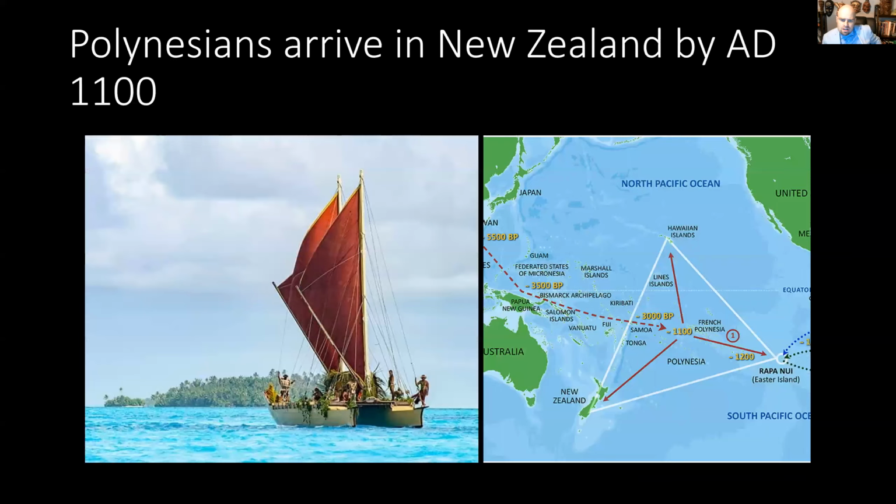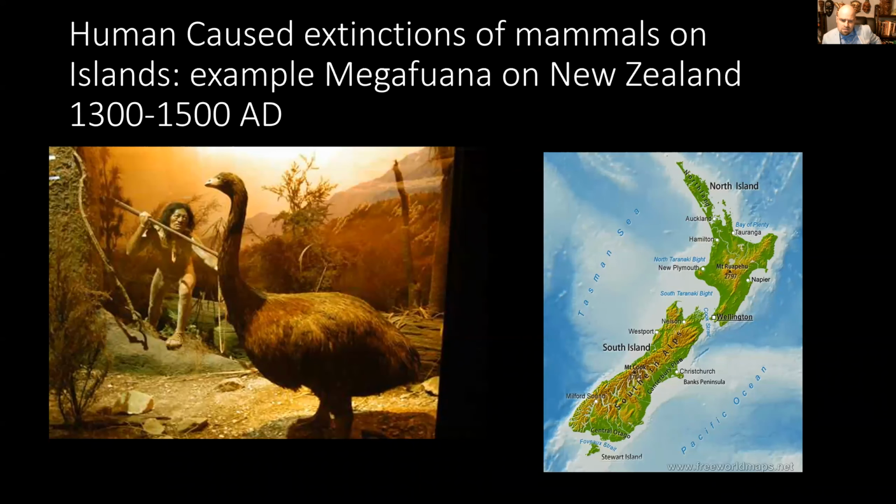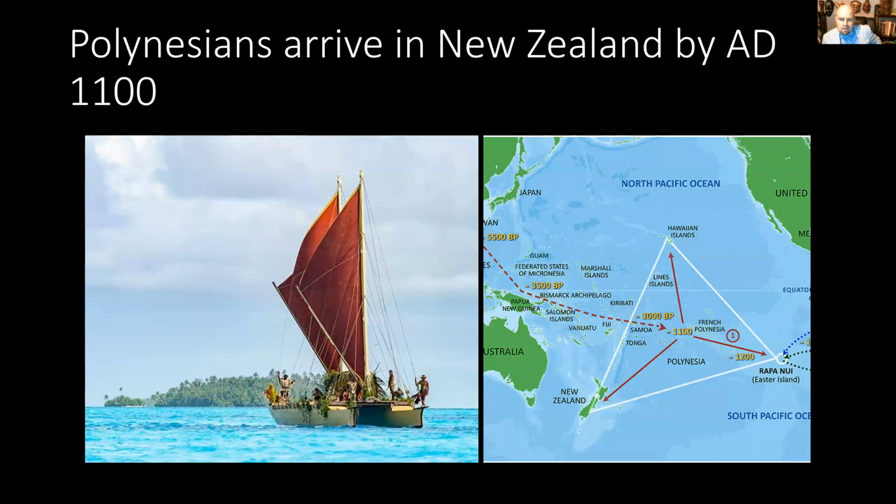Now, what's interesting about New Zealand is they're relatively large islands that had some megafauna and some greater diversity. Humans only really make it to New Zealand around 1180. They're Polynesians that trek to New Zealand on ocean-going canoes. So the modern-day Maori, the inhabitants of New Zealand, are descendants of these populations. And New Zealand was one of the later, more distant islands to be colonized. And the Polynesians, they were amazing sailors.